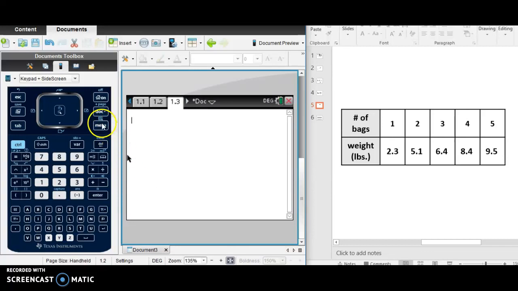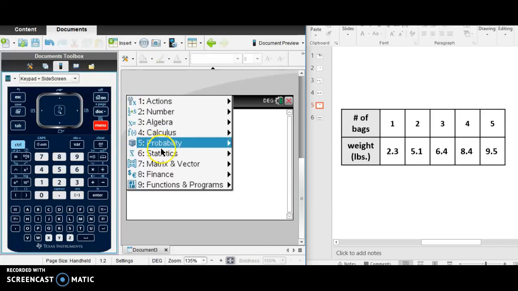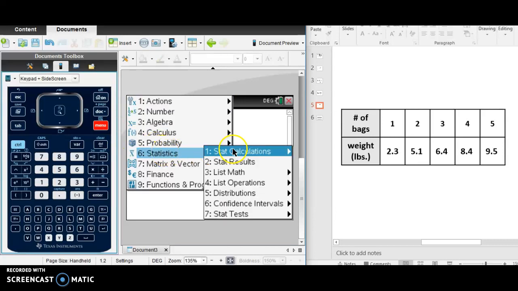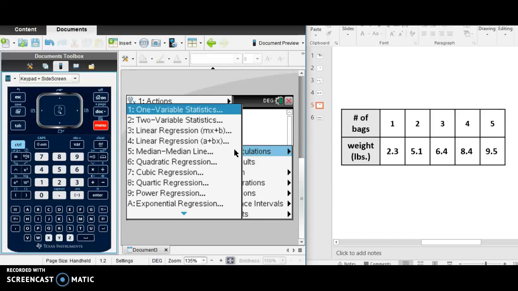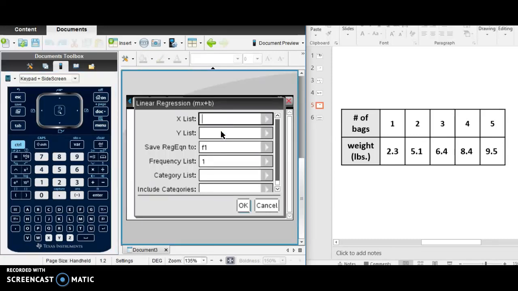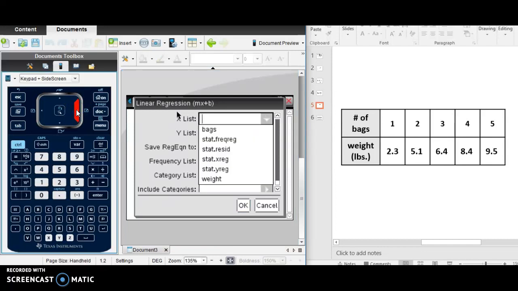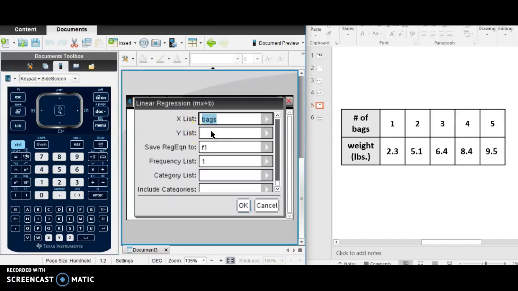Click Menu again. This time we're going to hit Statistics, Stat Calculations, Linear Regression. Okay, so we need to type in bags, or you can use the arrow and click to the right and you'll have choices. So we could just get bags that way. So either type it in or click on it and come over here and right arrow and find your choice. You can leave all the rest of this empty. Click OK,